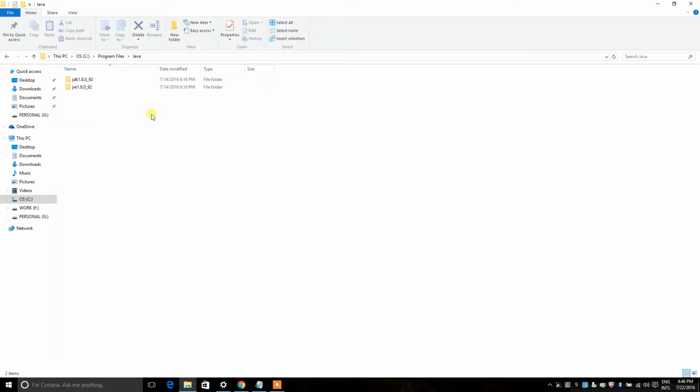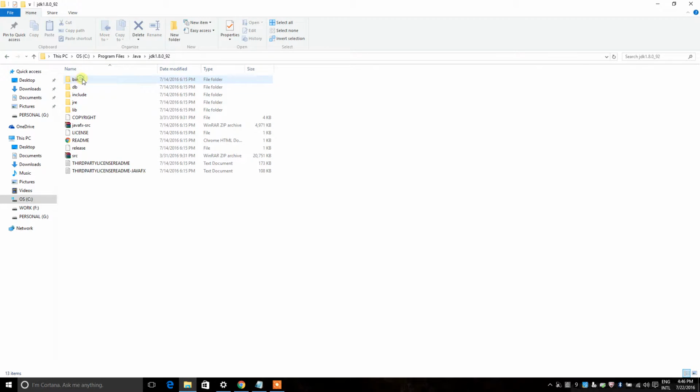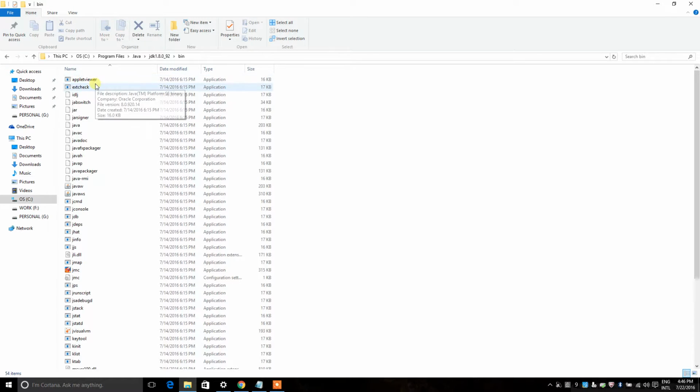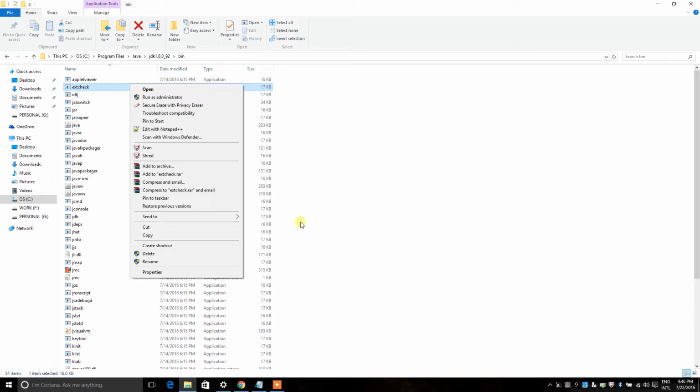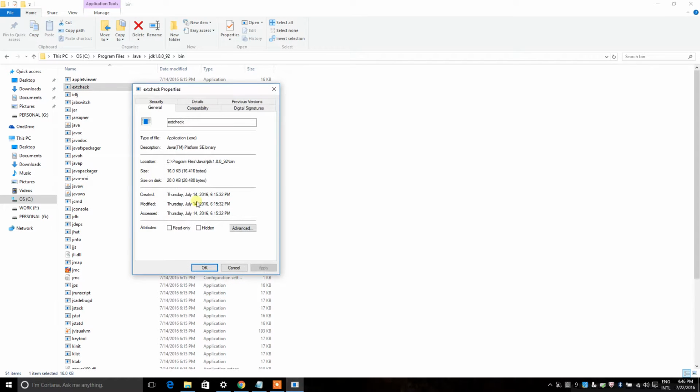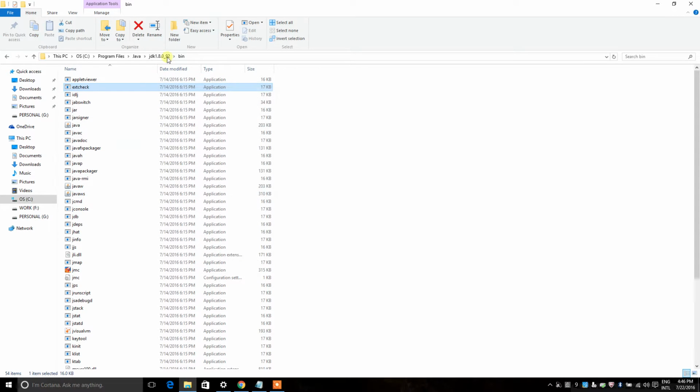So now you need to go into the Java JDK folder, bin, pick any file in this folder, right click it, go to properties, and copy its file location, or else go to this section and copy.